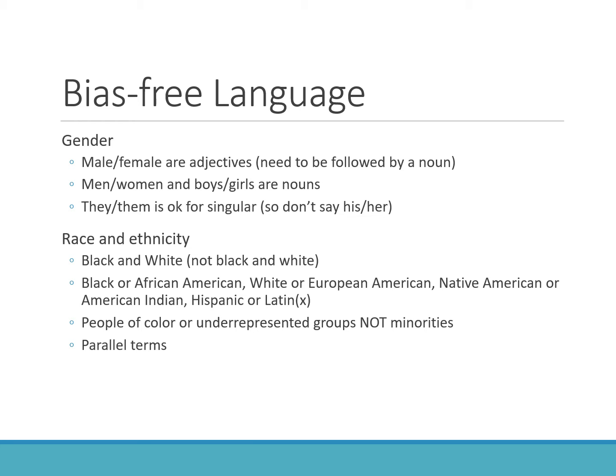We'd want to avoid his, her. So if we're talking about someone whose gender could be either one, or we're talking about an individual, but it could be either a man or a woman, it's okay to use they and them for singular. So when a participant does X, Y, and Z, they then do the next task. That's a relatively new change in APA, but it helps deal with the gendered pronouns there. Okay.